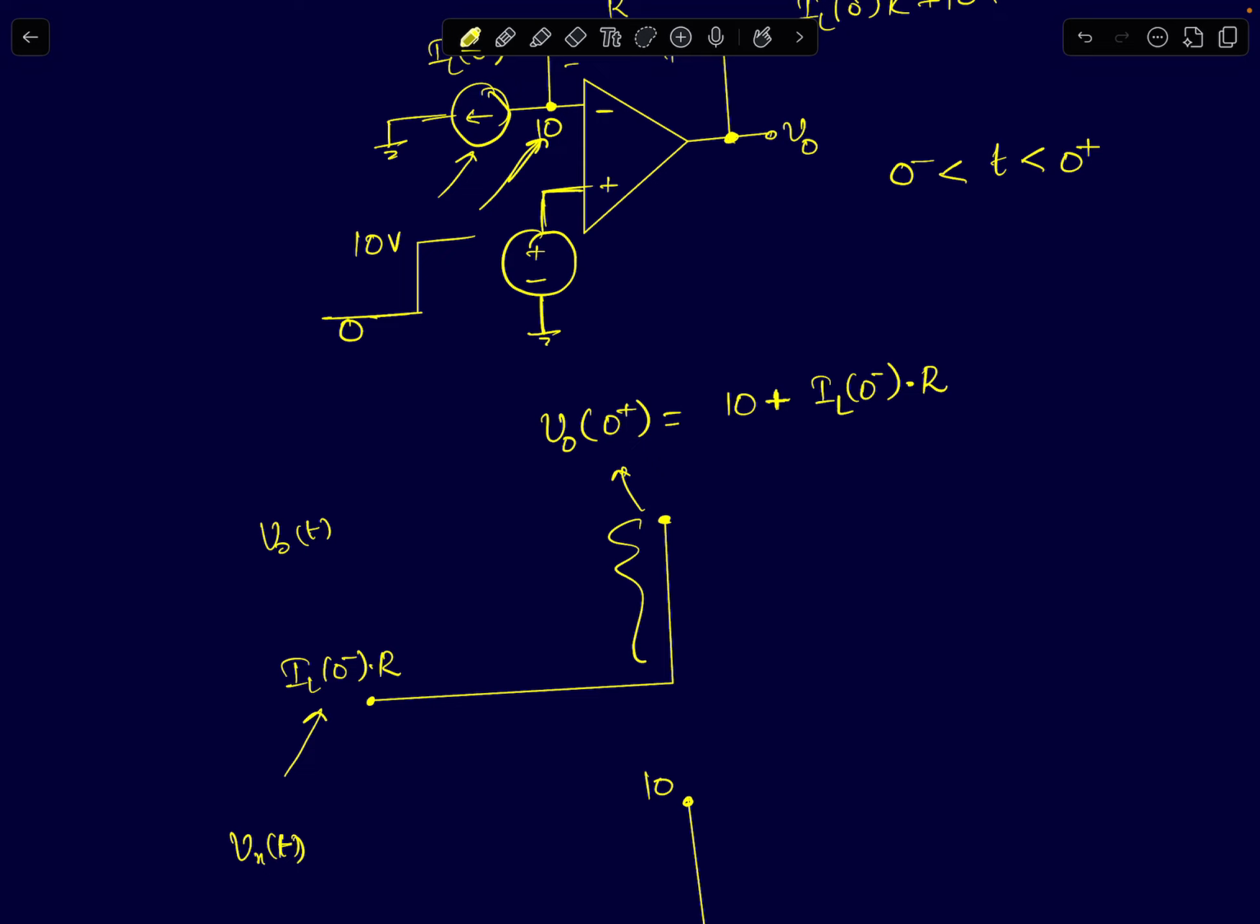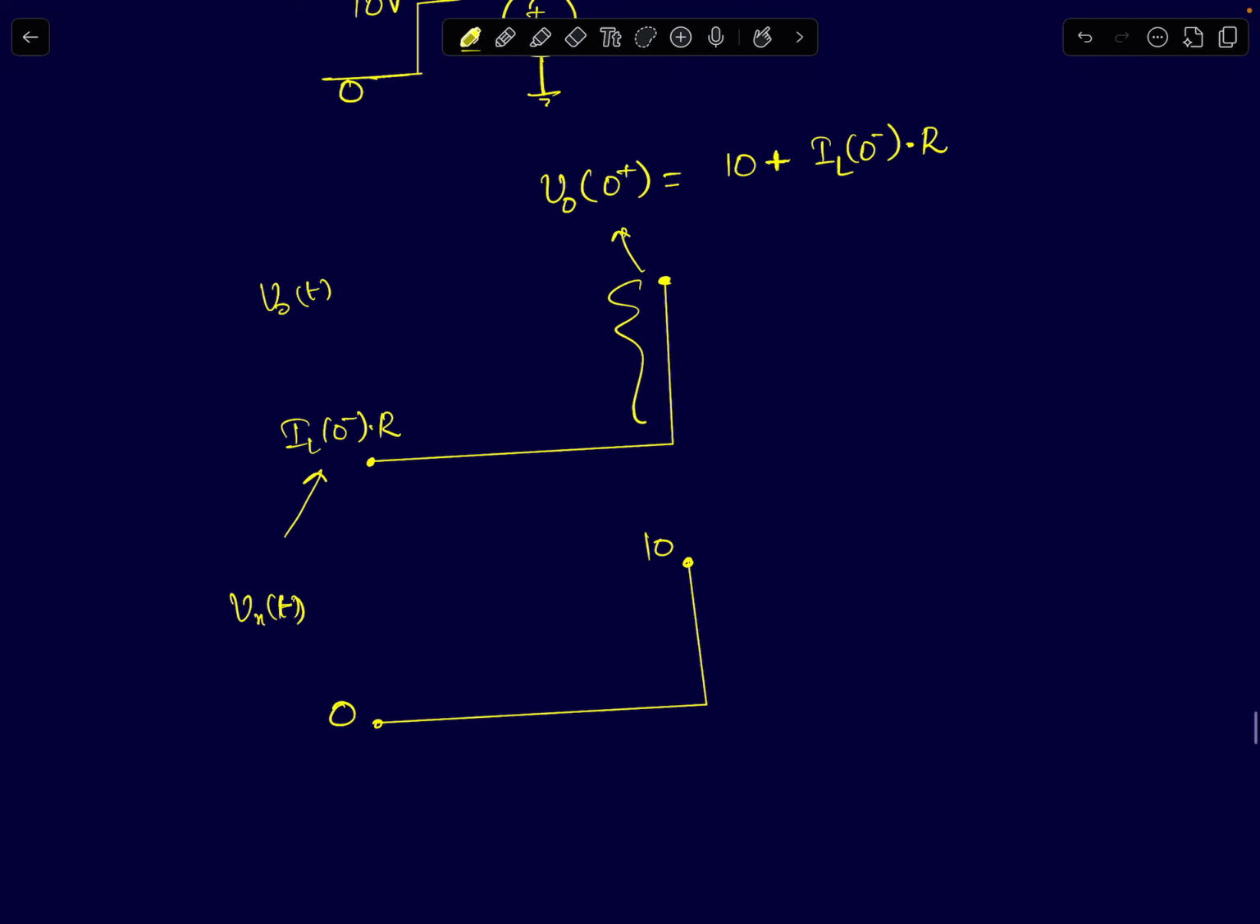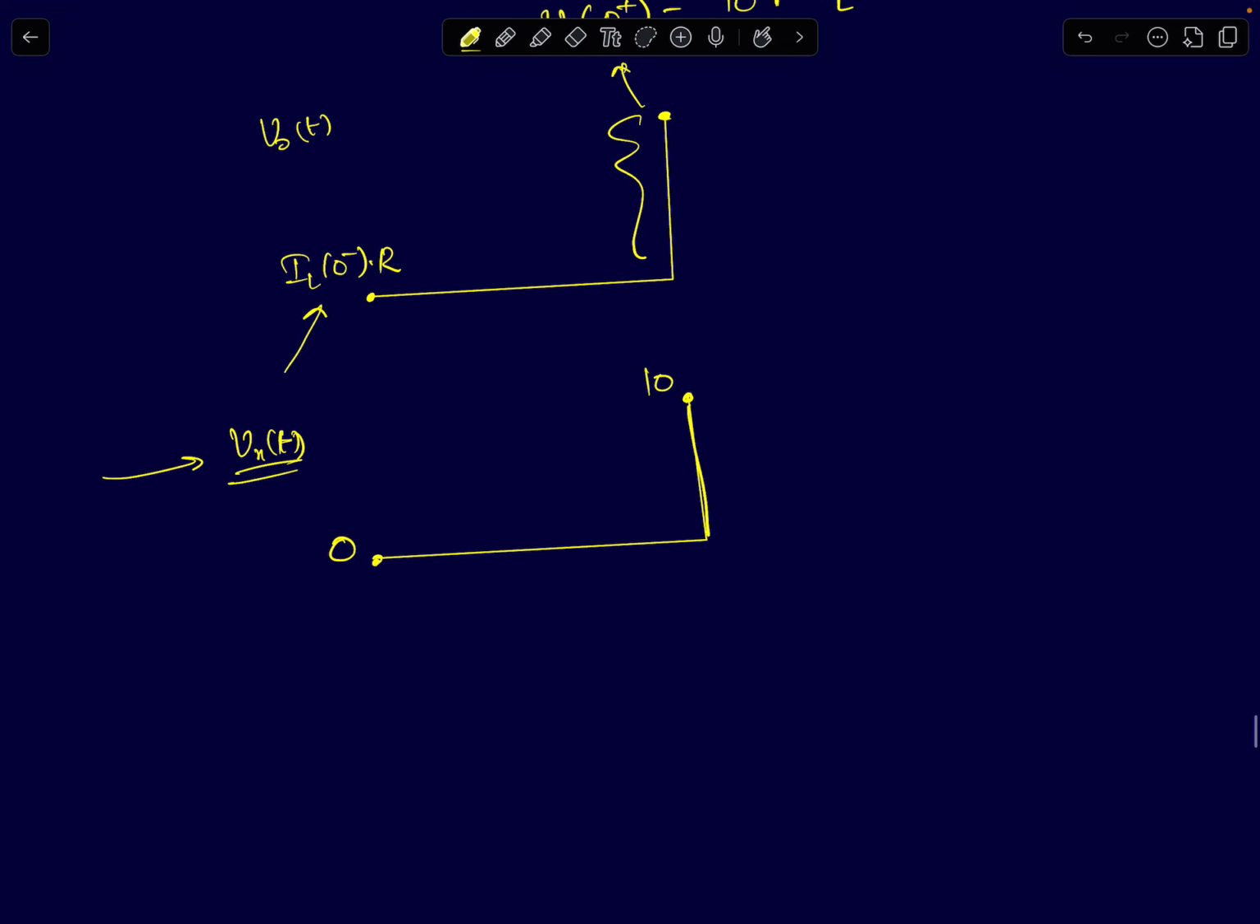So remember, the voltage across an inductor can change instantaneously. It's the current that cannot change instantaneously. So the voltage across the inductor, which is Vx of t, which is also the inverting terminal voltage, also suddenly jumps from 0 to 10 volts. And the inductor current was initially at IL(0-), and that will stay constant as IL(0-)